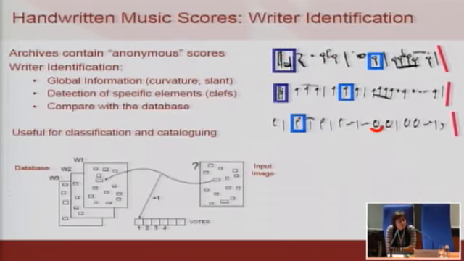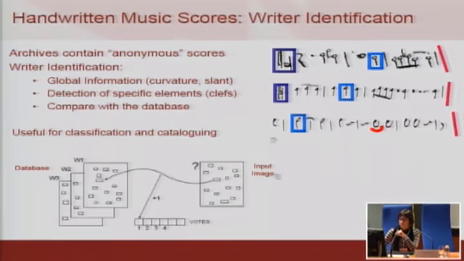There is a third research line which concerns writer identification. Again, in archives there are anonymous music scores. They have no information about who the writer is. The composer is not written anywhere. And they would like to compare the handwriting style. So these are the same music symbol. Let's compare among the different writers. This and this is the same kind of music note. You also see that they look different. So the idea is to analyze in